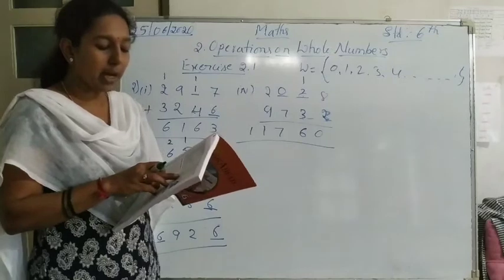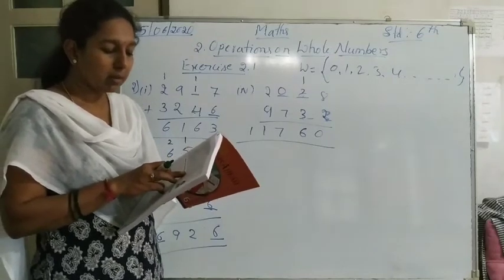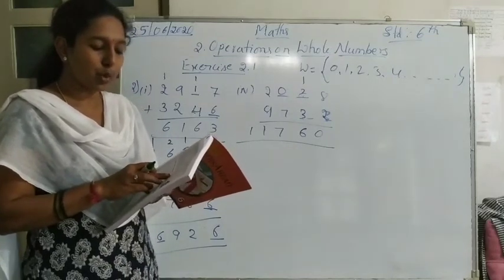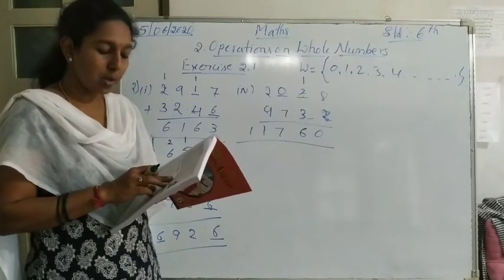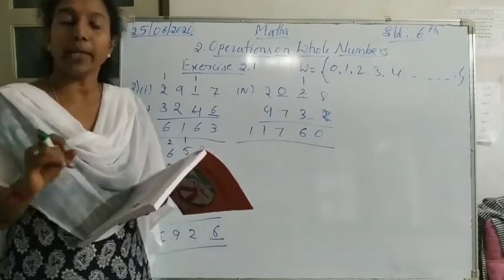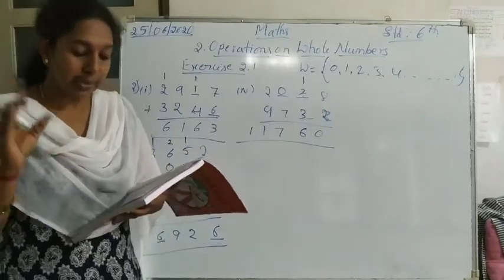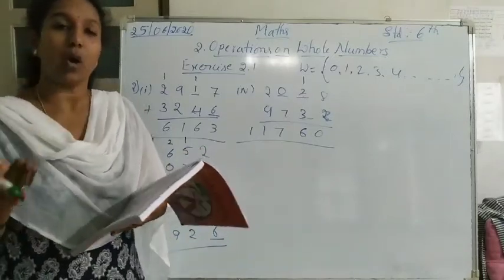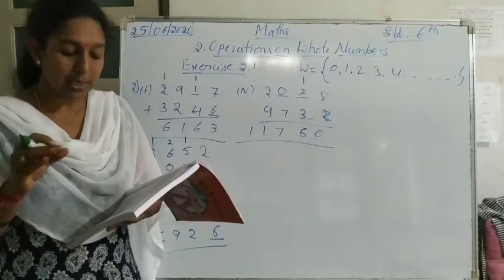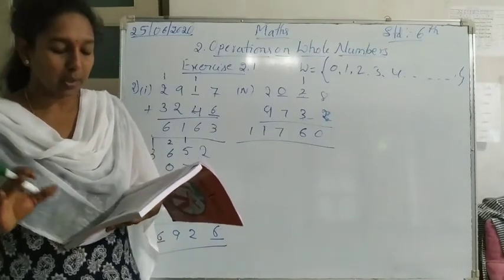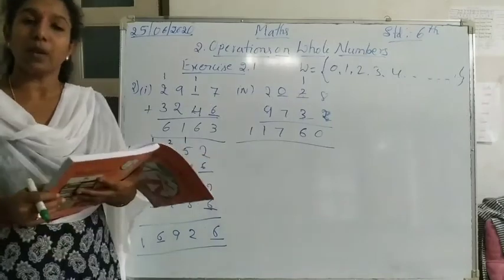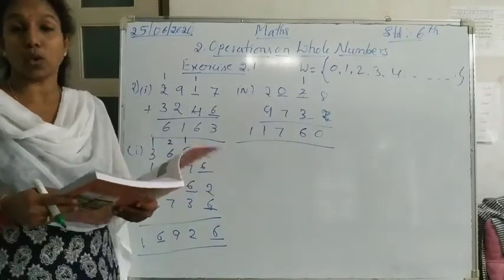Next, if there are 28 boys and 29 girls in a group, would you have to arrange for an odd or even number of chairs for the group? Here 28 is an even number and 29 is an odd number. If you add an even and an odd number, what do you get? The sum is 57. 57 is also an odd number. So here we will get an odd number of chairs. This is how you have to solve it.